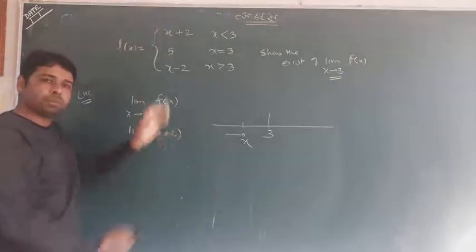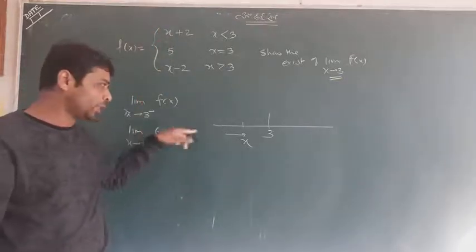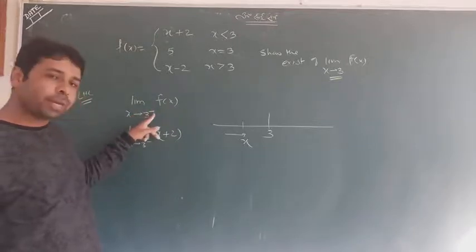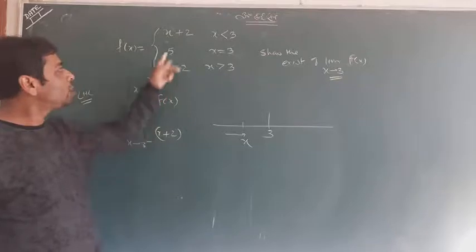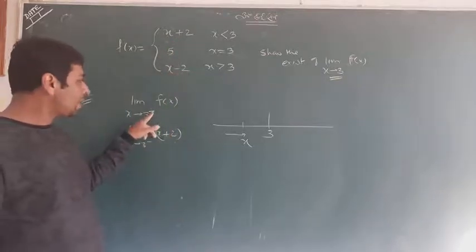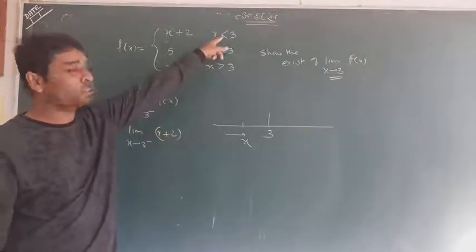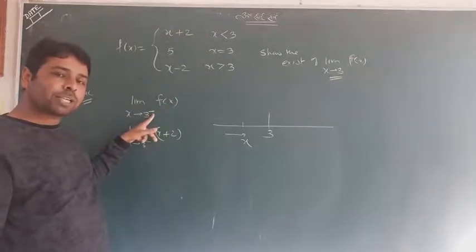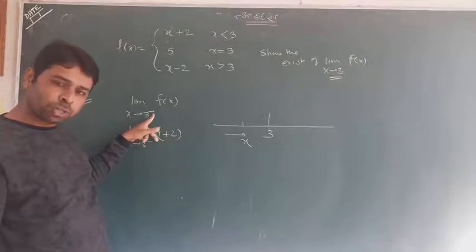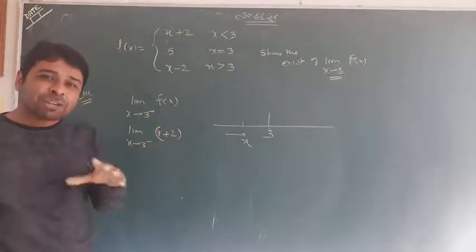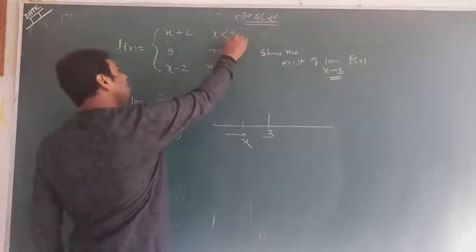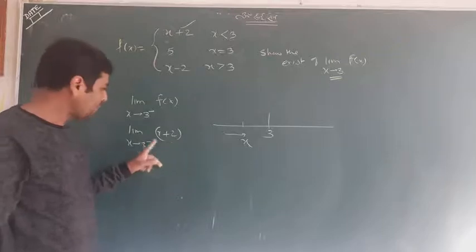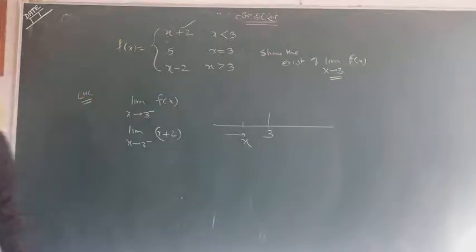This one. The thing which I wanted to share with you is that choosing the function was important. X tends to 3 minus of the function, what will be the function? This or this. So remember, when the left hand limit is chosen, x less than 3 has been chosen. Now x tends to 3 minus, it means x is coming to 3 from the negative side. This time make a trick in your mind: when x is less than 3, for that corresponding function, x plus 2 will be taken. And after it you know the method. I will tell you the shortcut also.